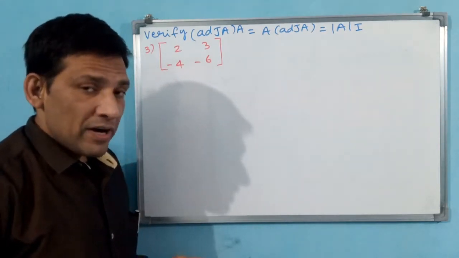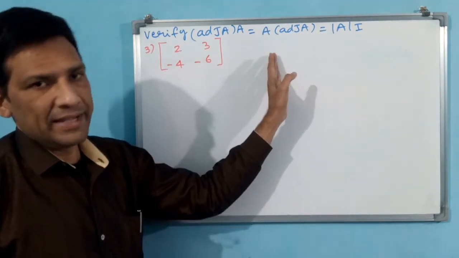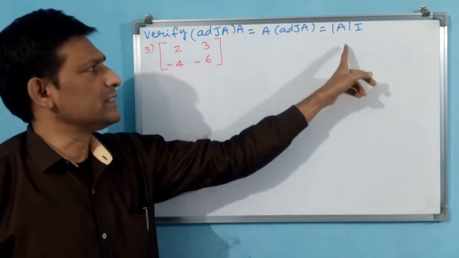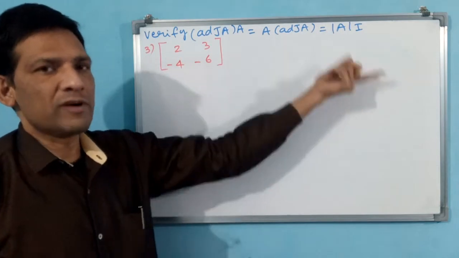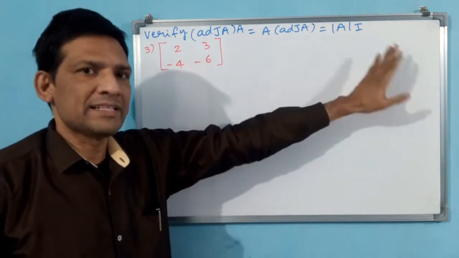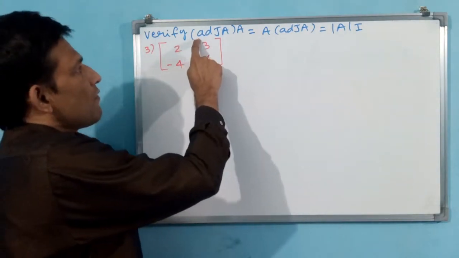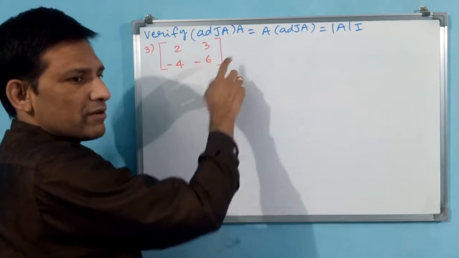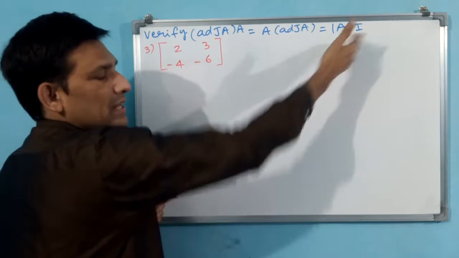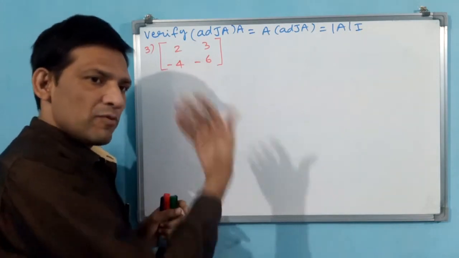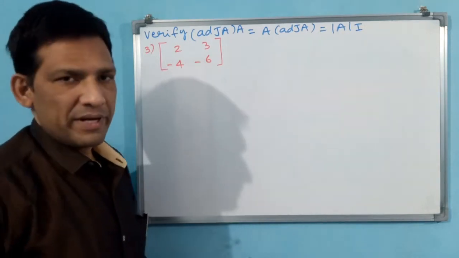See how to proceed, I am telling. First you find the determinant and multiply it with I. The determinant is one number that will come. Say if the determinant comes 11, then 11I, 12, 12I, 10, 10I, minus 3, minus 3I, like that you write. Keep this aside. Then first you take adjoint A into A. You have to find the adjoint also, and find adjoint A into A. Whether 11I has come, you see. Then again you take this one. Both you compare. Like that we will do.